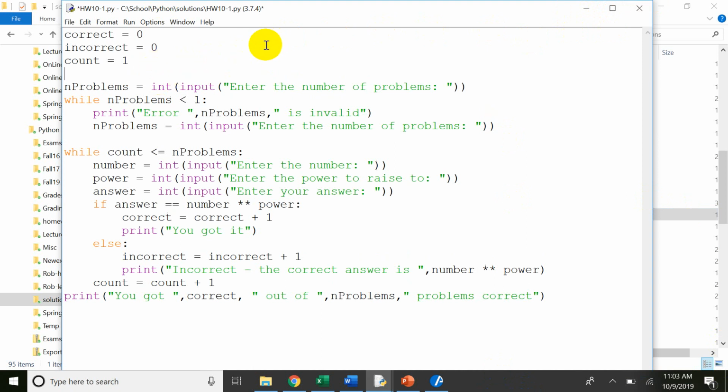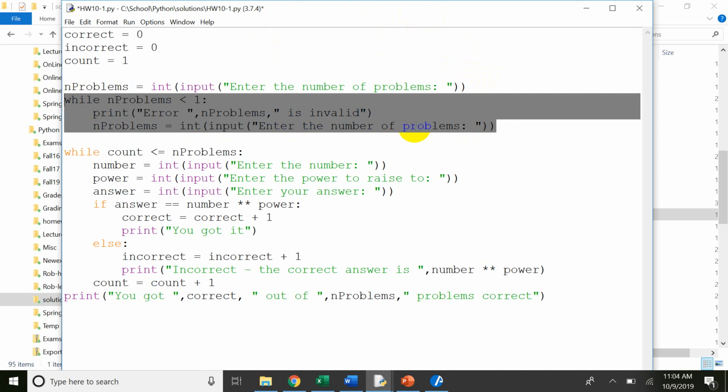And when I write the code, I know that I'm going to have a while loop to go through the number of problems that we're going to give them. So I'm going to create a variable called count. And so the first thing I want to do is prompt the user for how many problems they want to do. So I'm going to give them a prompt. And as we learned in class last time, we know that we can